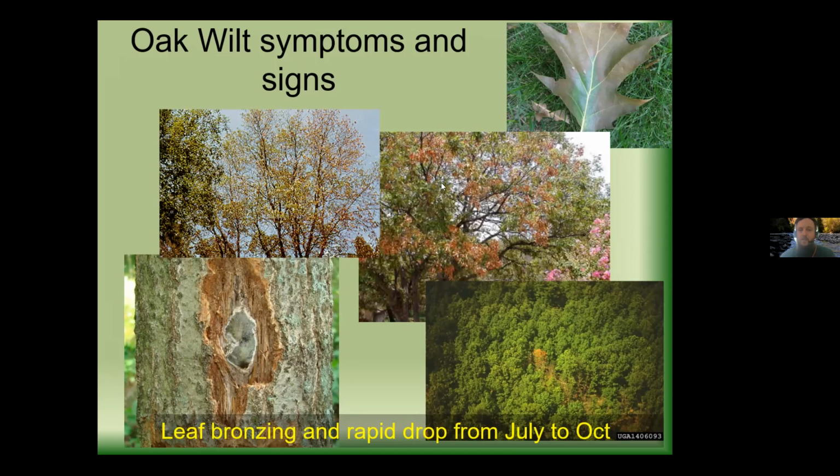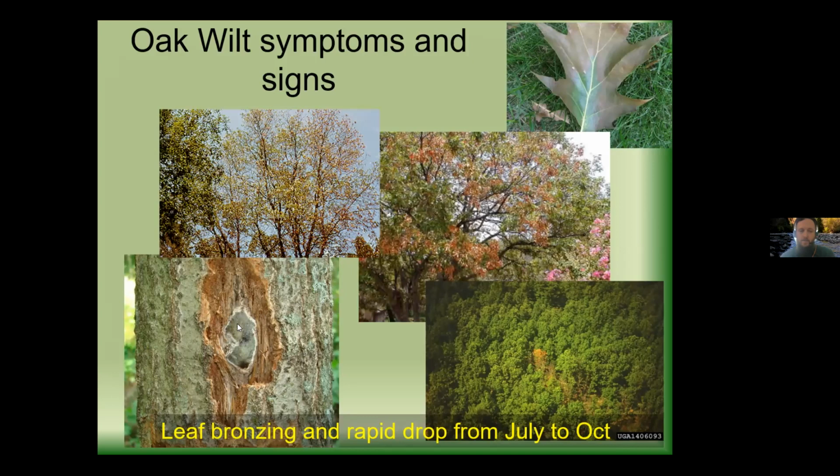This is the perfect time of year to start spotting it. In fact, I've got one that's just 3 miles down the road that have just popped up that somebody called me about. So this oak wilt, we're going to go into a little bit more. You're going to see that this is your symptom. You're going to see that leaf canopy when everything else is green in the middle of summer, and all of a sudden you're going to see the leaves starting to turn bronze from the outside in, from the outside of the tree in,